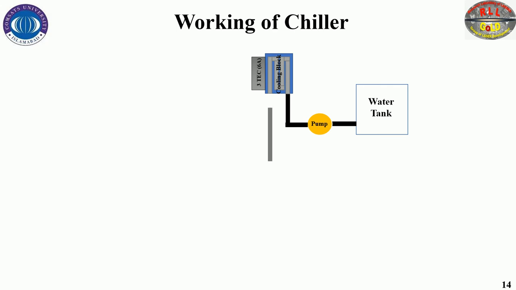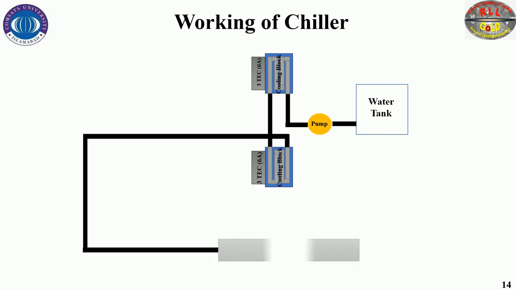First we take a water tank, and through a pump the water is circulated through an aluminum block, which is connected to the cold side of the 3 TEC. Here the heat will be extracted from the water and then it goes into another cooling block, which is connected to the set of 3 TEC cold sides, and then through a pipe it goes to the laser tube. Next, heat is extracted from the laser tube and then the water goes back to the tank.